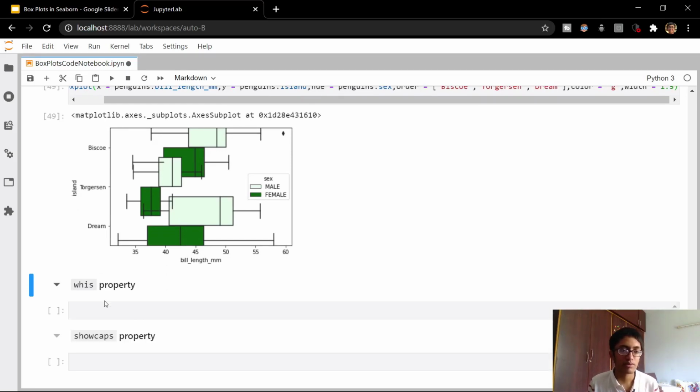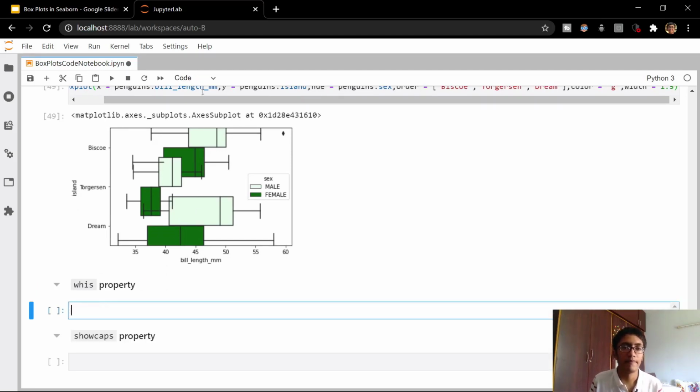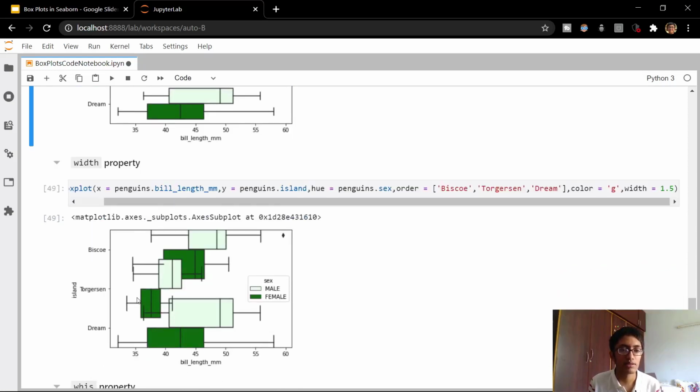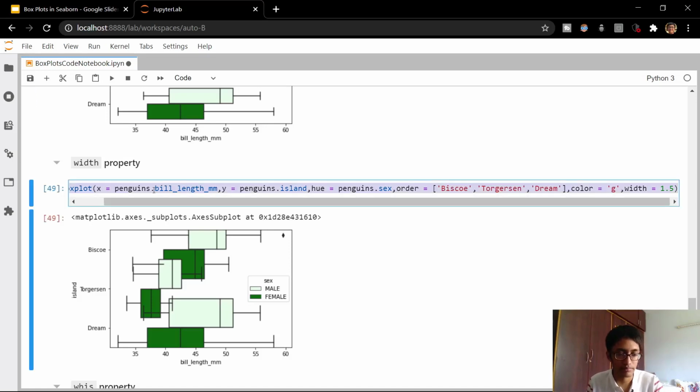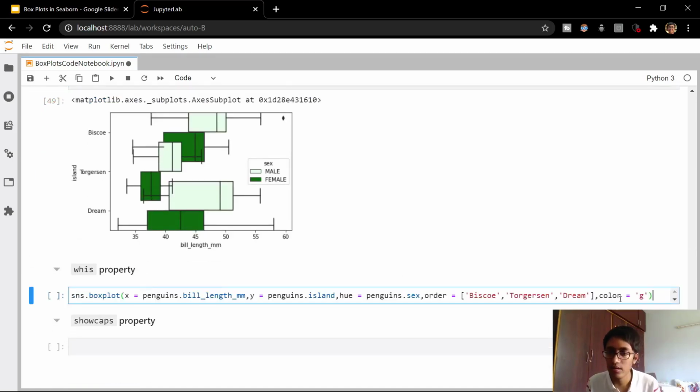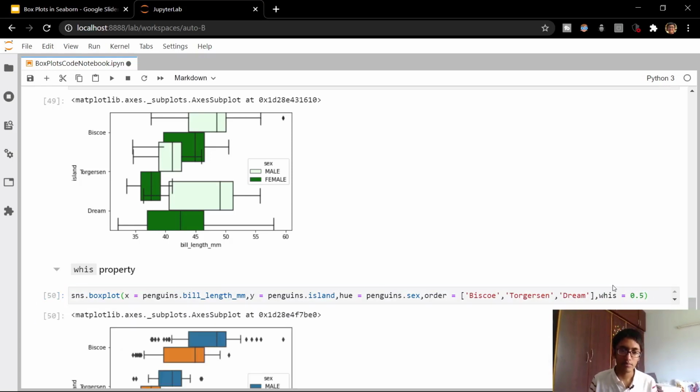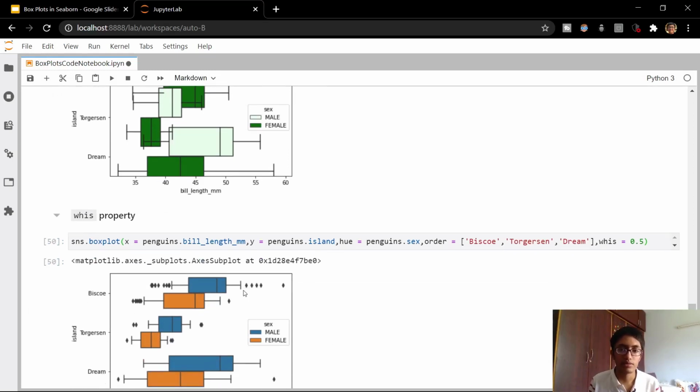And you can also specify the length of the whiskers. Basically these vertical bars are called whiskers. I explained it in the first part of the same video, in case you have forgotten. Let's remove the color, and let's specify the whisker size as, let's say, 0.5. Okay, now you can see that the length of the whiskers decreases. The default length of the whiskers is 0.8, but you can decrease it to anything. I like to keep it at 0.8 itself because that's the default value.